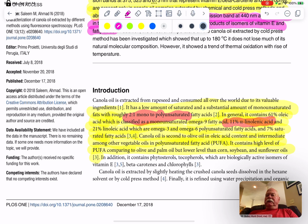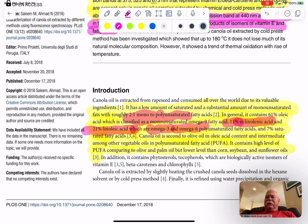And 11% linolenic acid, 21% linoleic acid. So that's the LA, that's ALA. The ALA is omega-3, the LA is omega-6. And that was a 2 to 1: twice as much omega-6 as omega-3, which is far better than almost everything else we eat. The flaxseed is better. And of course the Arctic fatty fish and krill and stuff are probably a lot better too. Canola is second only to olive oil in oleic acid